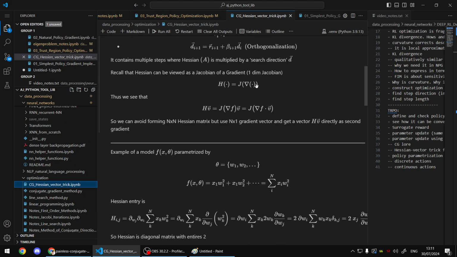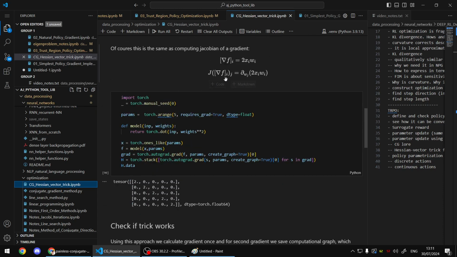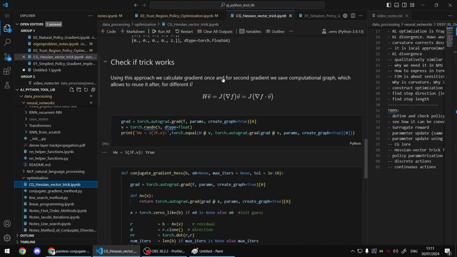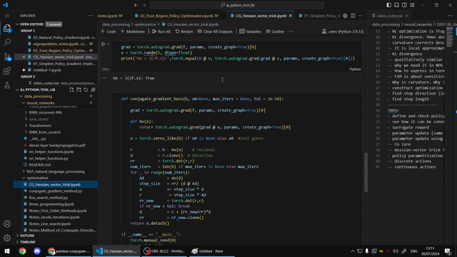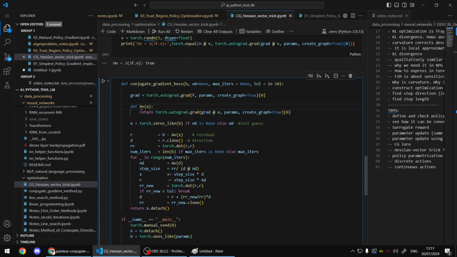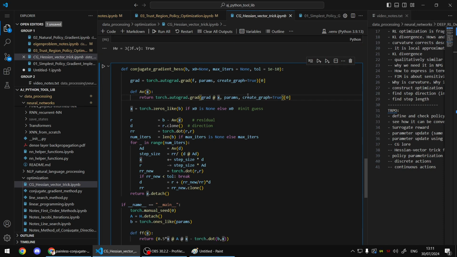I've described everything that I've told you now, but maybe the implementation, basically. Inside our conjugate gradient iteration, we just pre-compute the gradient. We define a function that will multiply this A by some other vector, right? And that's what we see: gradient, multiplied by a vector, and the gradient outside. And then there's an option to actually